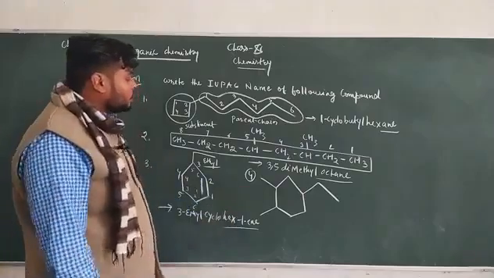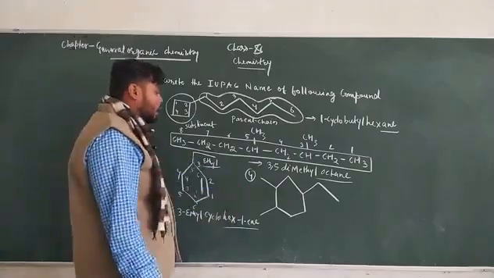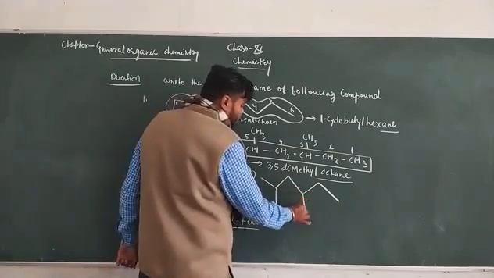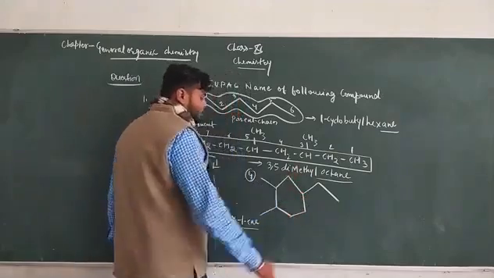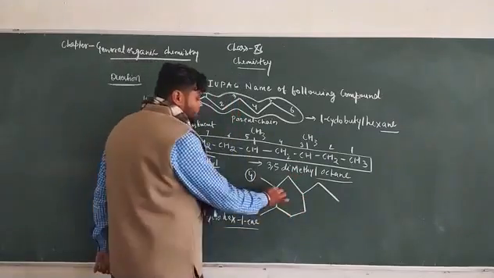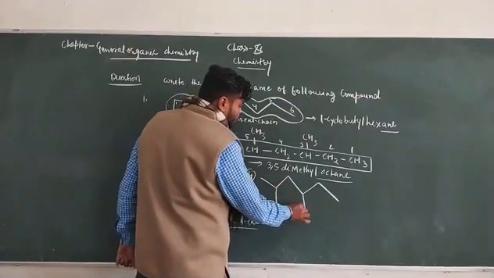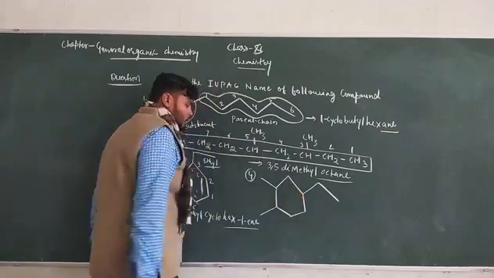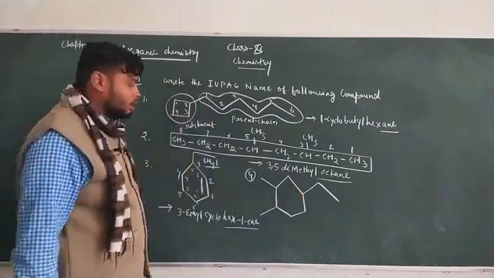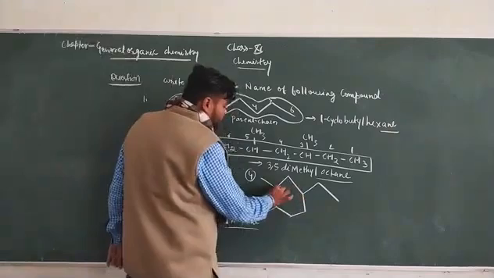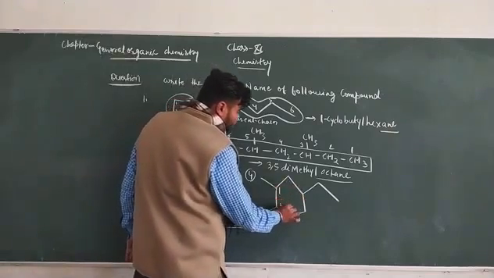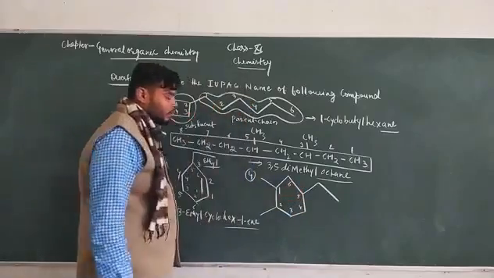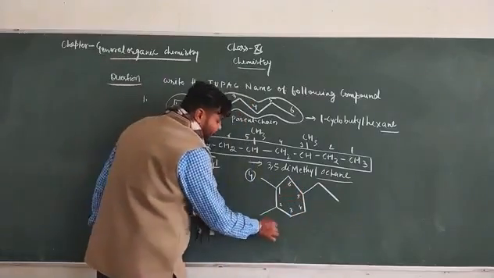Now we have to discuss our question number 4. That means this is our compound. For the numbering, we have to write 1, 2, 3, 4, 5, 6 from this, and 1, 2, 3, 4, 5, 6 from this. How can you write it? We have to do the numbering from this side, so the substituents get 1, 2, 3, 4, 5, 6. That means you have to write it as 5.